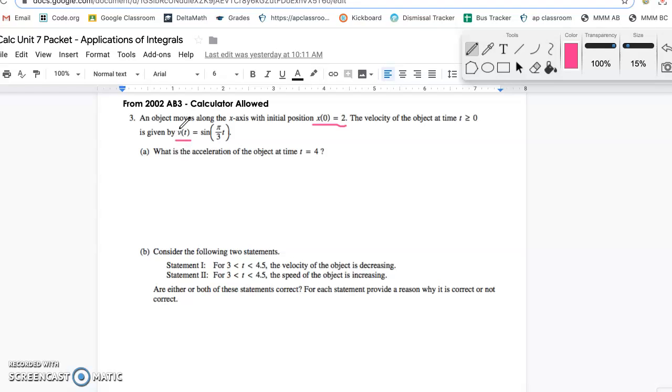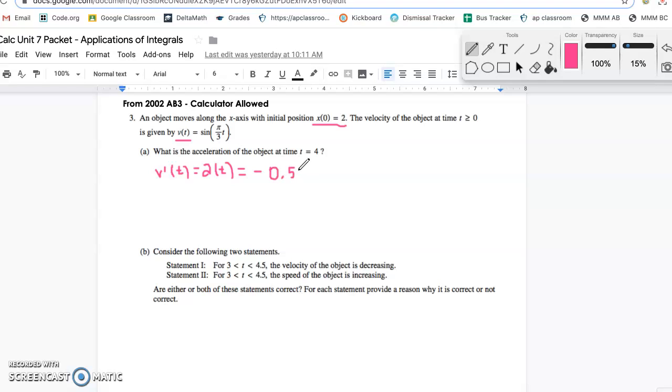We know that acceleration is the derivative of velocity, so I'm going to say v prime of t equals a of t, and I'm just plugging that straight into my calculator, and that will be negative 0.524,